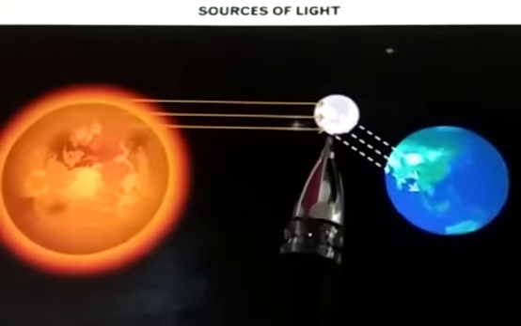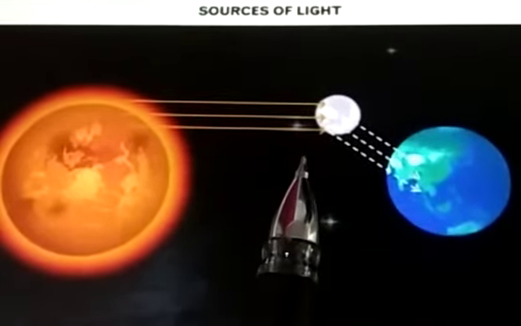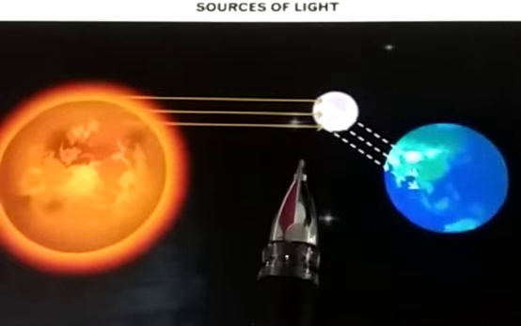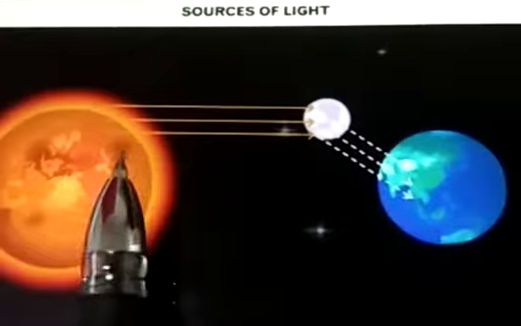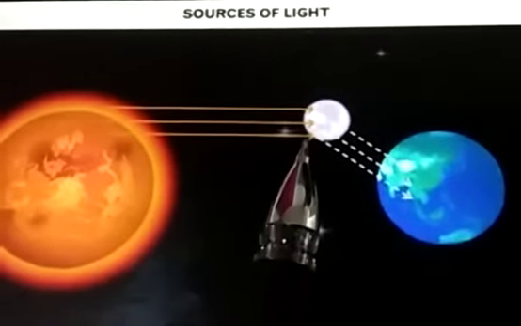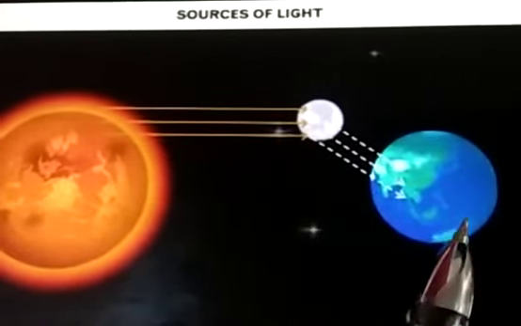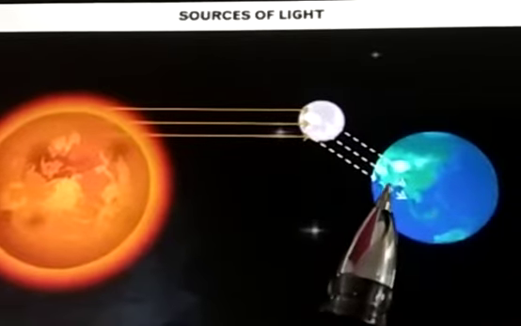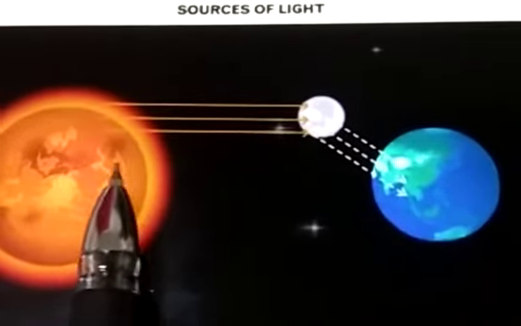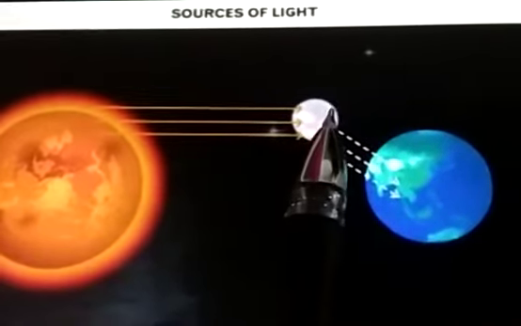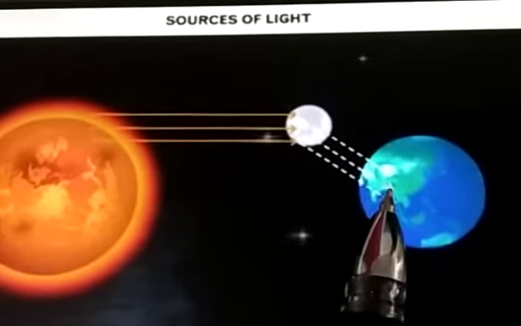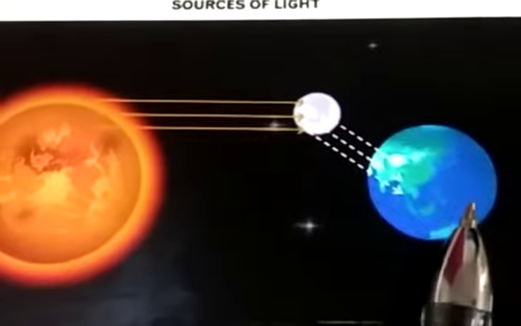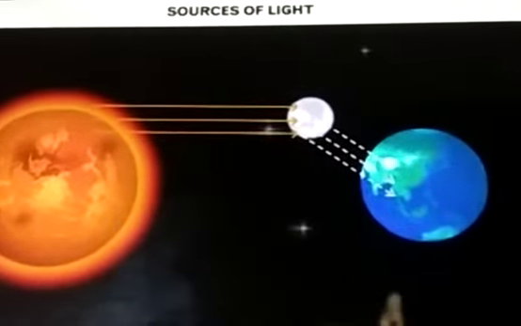Actually, the moon size will not change. You would have seen small, big, bigger and all, right? The moon. Actually, the moon shape will not change. The part of the moon where the light is falling, only that part can be seen. For example, if the sun is only on this side, then only this part of the moon can be seen. Where the light is falling, only so much you can see. The remaining part of the moon you are not able to see.